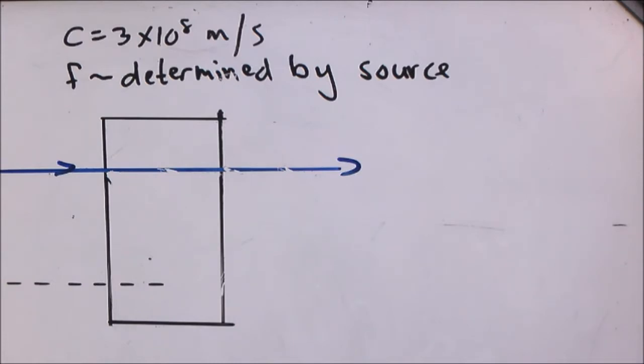velocity. Now we are talking about light currently, and light has a speed or velocity of 3 times 10 to the power of 8 meters per second. And this is in a vacuum. Now in air it's very close to that speed, so we're going to assume it's that in normal air as